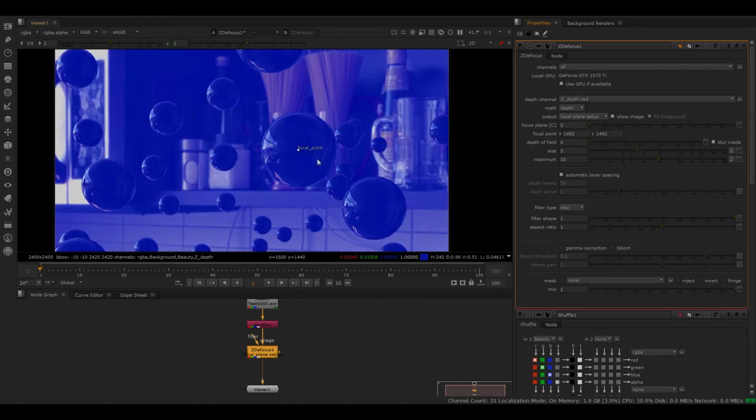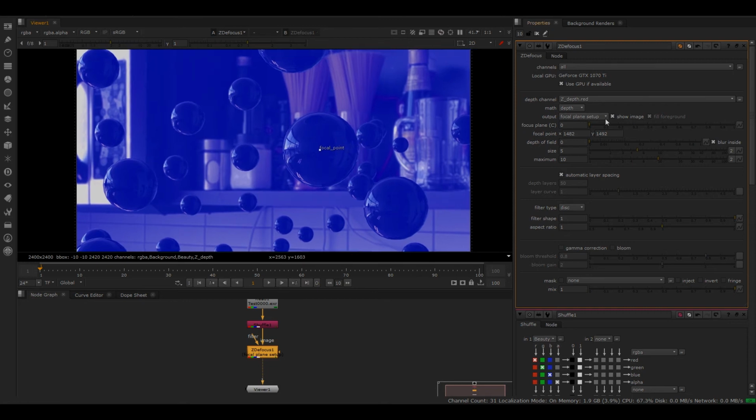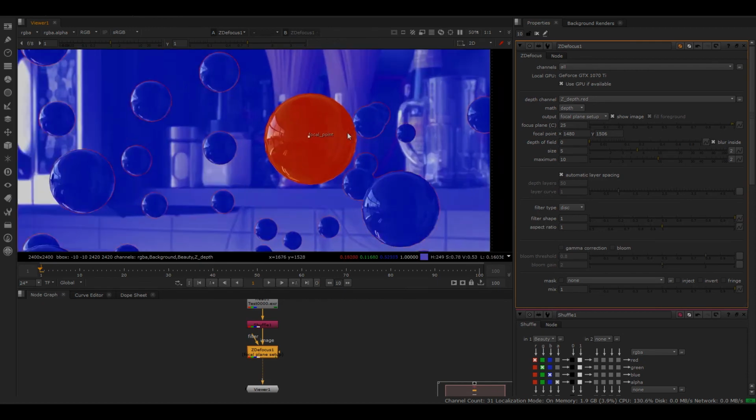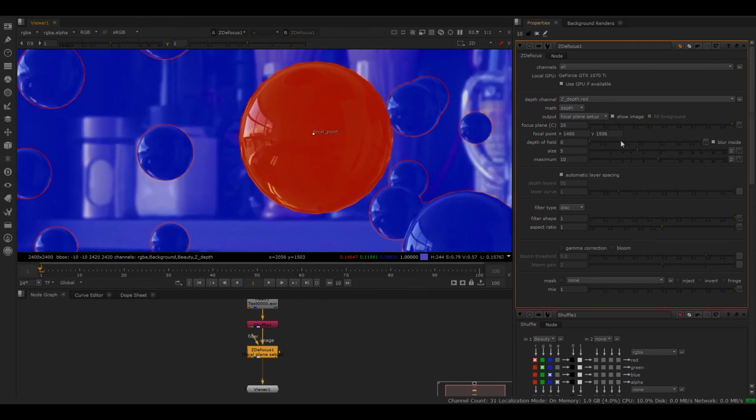And then you're going to want to look at the focal plane setup. So basically what this is going to do is it's a plane showing you where your focus is. So blue is totally out of focus, I believe, and then red is going to be in focus. So if we set our focal plane to 20, see 21, 30, yeah, so maybe if we do like 25. Yeah, so we have these two spheres in focus now,